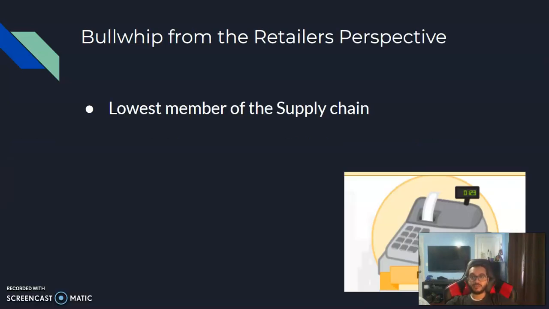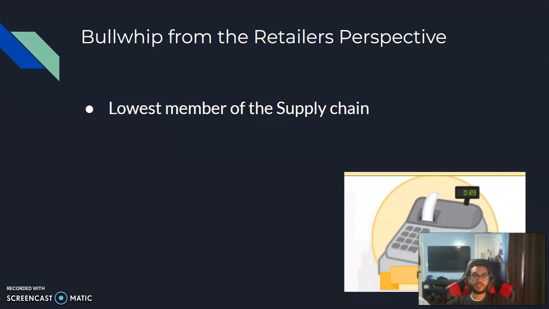Bullwhip from the retailer's perspective. So as mentioned previously, we're the lowest member in the supply chain, the last line of the supply chain before the product reaches the customer. As a retailer, and being so low or downstream on the supply chain, we do not experience the bullwhip. We are the ones that cause the bullwhip effect on our suppliers. Price is also non-existent in this simulation, so there are no fluctuations in pricing. There's also no influences on the market that can change the pricing or any way to push or pull inventory out. There's also no way to change demand of the root beer.